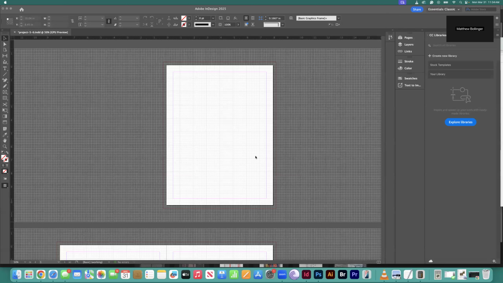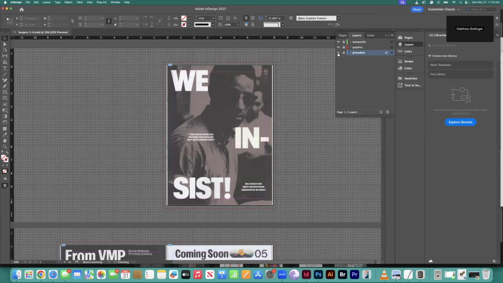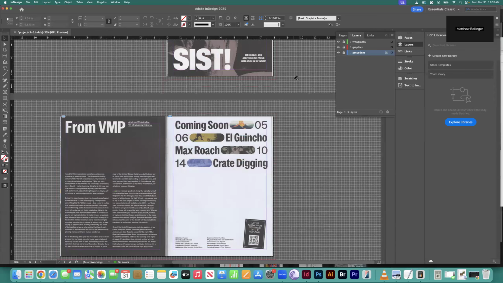Hey guys. So the next step is what I want to do. I've got InDesign open and we're looking at the Fan-Zine project with the VMP precedent. If I come over here and click on pages, I can see that we've already created 16 pages. If I highlight layers, we've got a layer for typography, graphics, and the precedent. And if I click the little eyeball here, I can turn on the visibility and I can see that we've